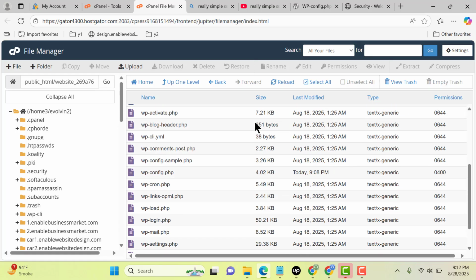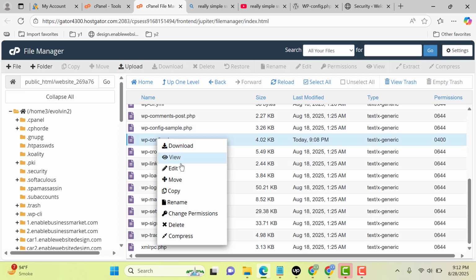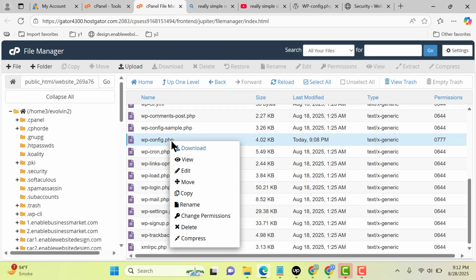and then scroll down. So here you can see this one is the wp-config.php file, so simply right click and change permissions. Okay, then you can check all the boxes. Okay, click on change permissions. So now you can go and edit this file,